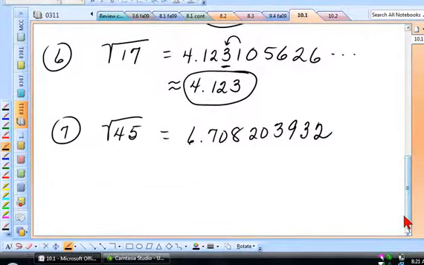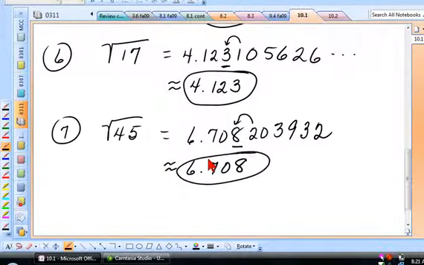On my calculator, I got 6.708203932 if I copied it down correctly. If I'm going to follow the instructions, I'm going to round to 3 decimal places. The 2 tells me to leave it as is. This is approximately